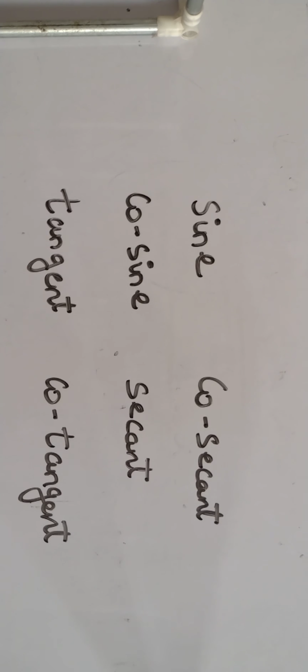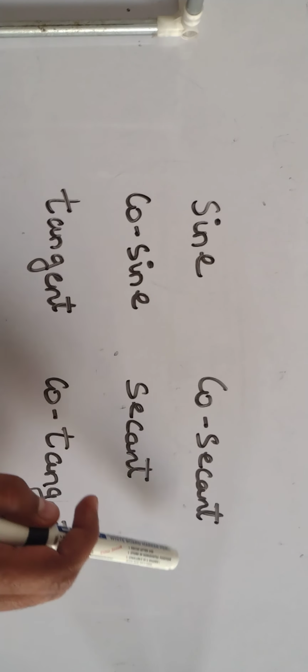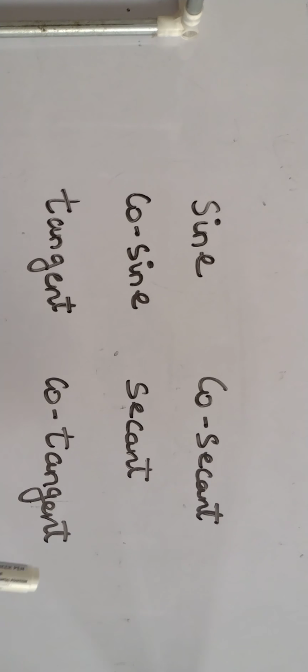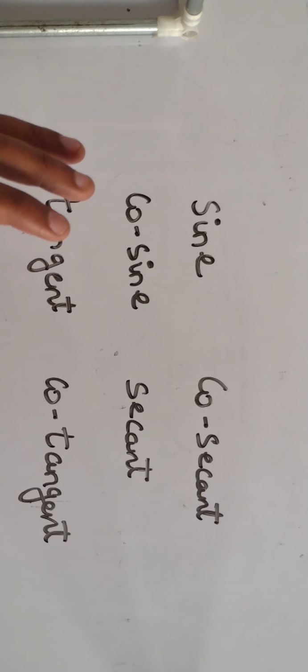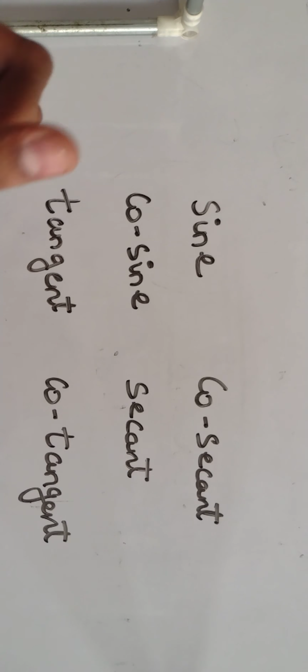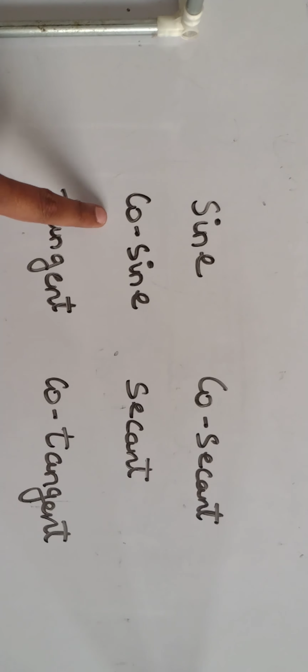Understand this thing. These are the common names: the sine ratio we call sine, cosine we call cos. What we try to do is merge the two letters. So cosine is called cos, tangent is called tan, cosecant is called cosec, secant is called sec, and cotangent is called cot. In your textbook or any book you refer to, you may not hear these names directly, because they take the short form. This is sine ratio, this is cos ratio, this is tan ratio, this is cosec, this is sec, and this is cot. Are you following it?